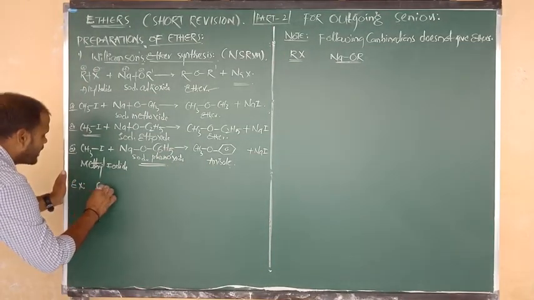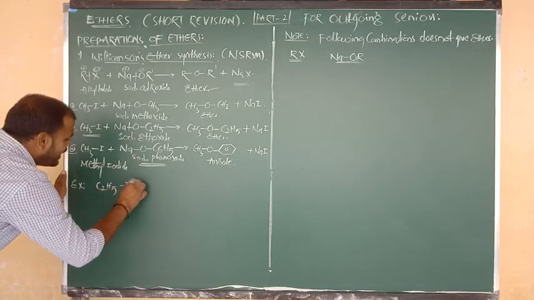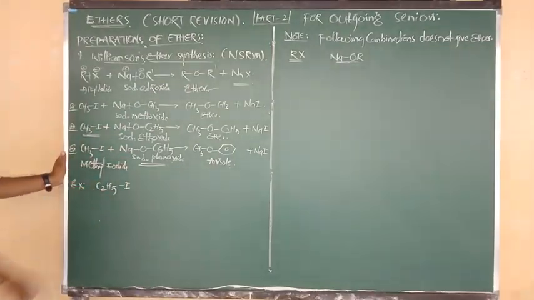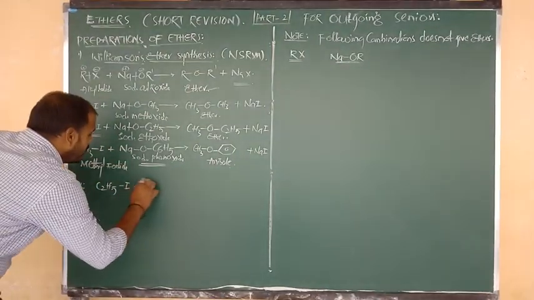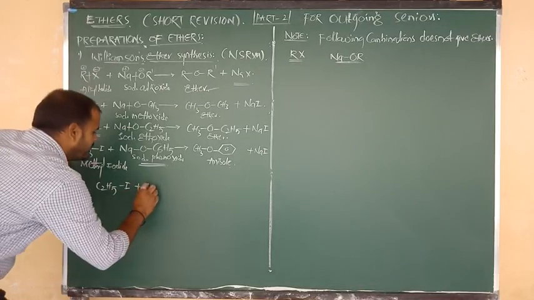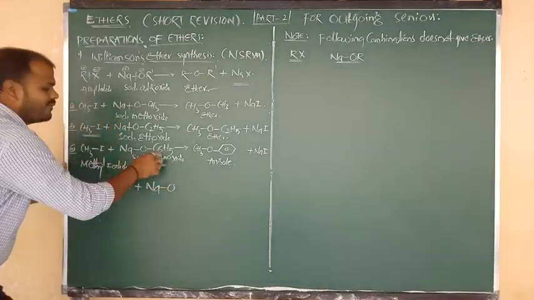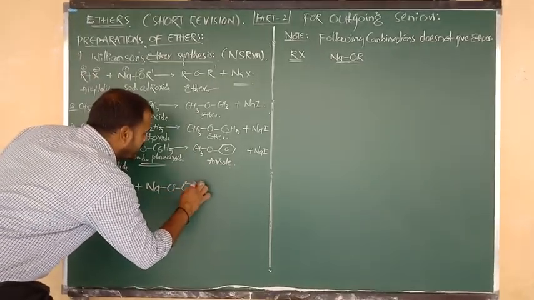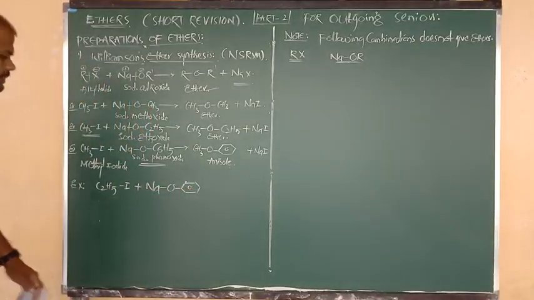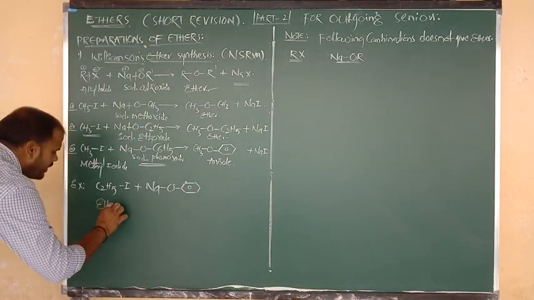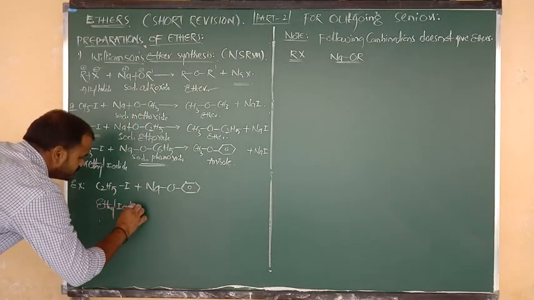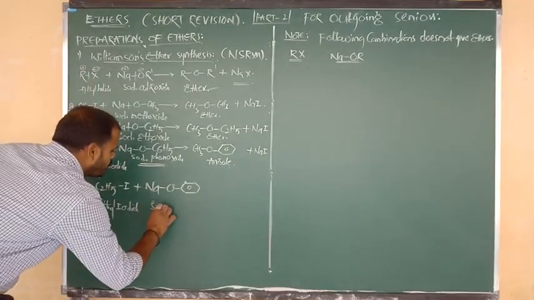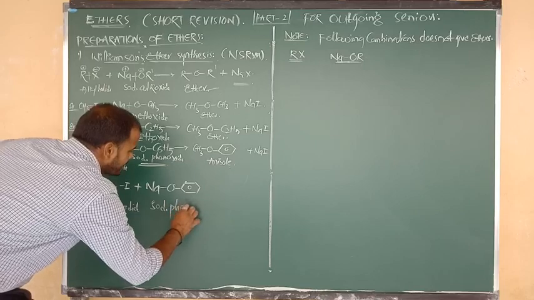Again I want to consider now ethyl iodide. Any alkyl iodide you can consider mostly. Some exceptions are there, I will tell you, beta. But try to consider now ethyl iodide. Ethyl iodide undergoes reaction with the same thing, sodium phenoxide. Here you can write C6H5. Otherwise, if you want, you can consider benzene also as you wish. So what is the name of this reactant? Ethyl iodide undergoes reaction with sodium phenoxide.